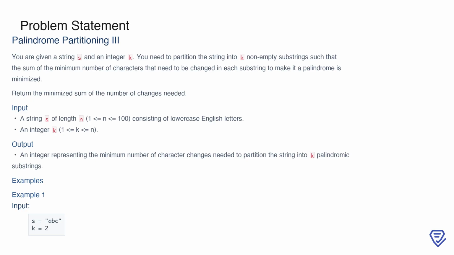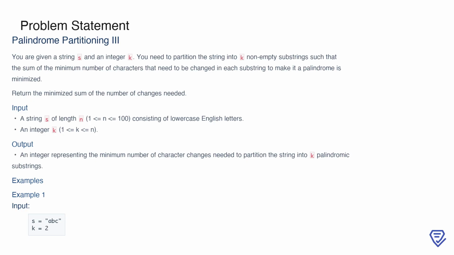A palindrome is a sequence that reads the same forward and backward, so for each partitioned substring, we calculate the minimum changes needed to achieve this property. The output is the minimized sum of these changes. The input consists of a string S of length n, where n can range from 1 to 100, and an integer k such that 1 ≤ k ≤ n. The output is a single integer, which represents the minimum number of character changes required to partition the string into